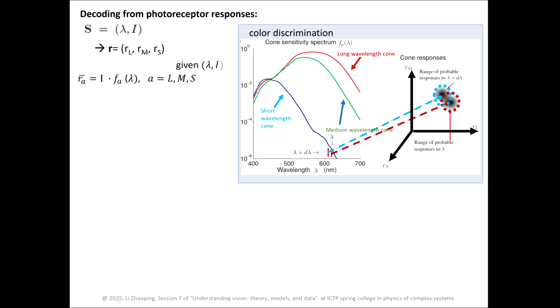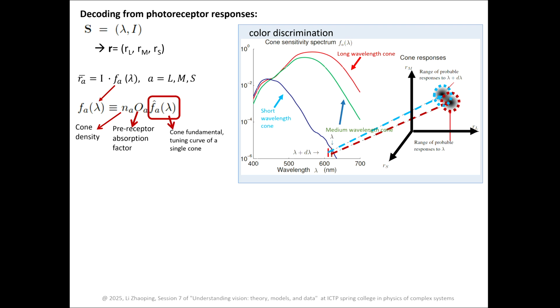This is the mean response to a given input for each cone type, long, medium, or short. And here this function is the effective spectral sensitivity curve made from the cone density NA, so we are pulling the local cones of the same cone type together to form an effective giant single cone. And this is the pre-receptor absorption factor, OA, to account for the light absorption in the eyeball before the light reaches the cones. And this is the cone fundamental, which is the spectral sensitivity function of a single cone before pulling the local cones of the same cone type together. All these three factors are experimentally known quantities, and of course, the mean response scales with light intensity I and